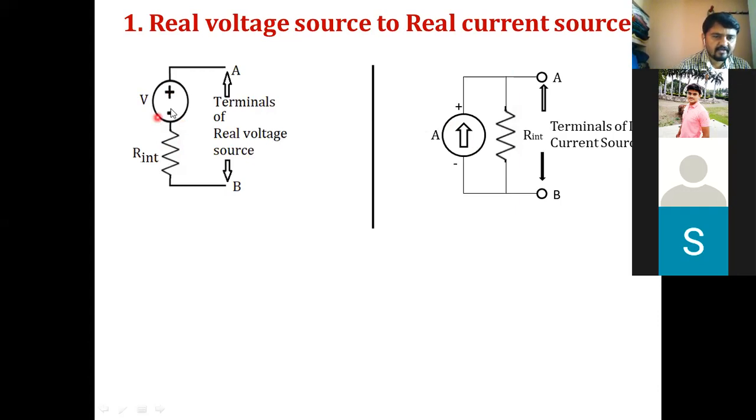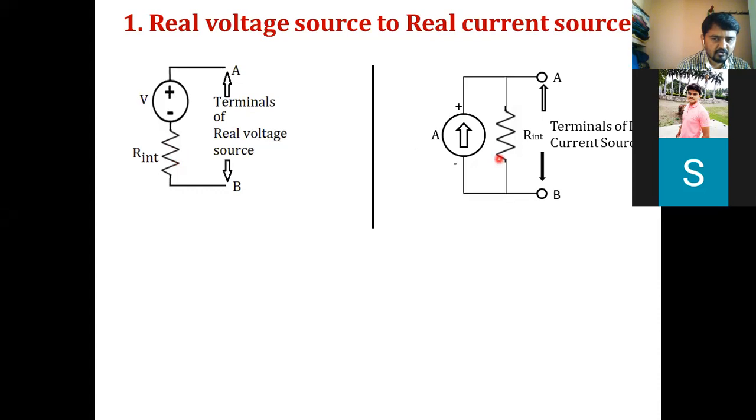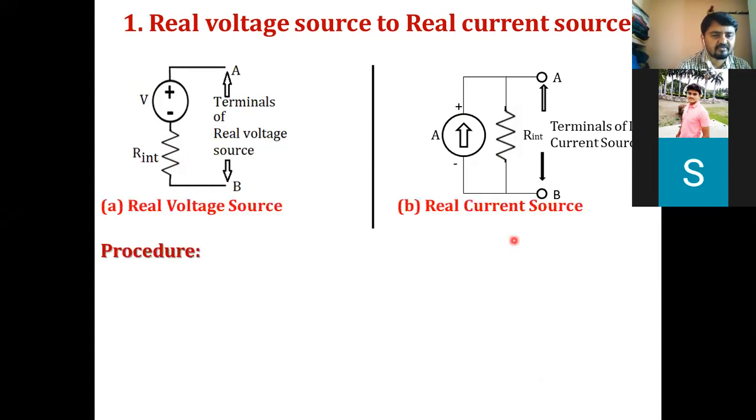V equal to IR, we know that one. Voltage source से current source conversion करने के लिए I equal to V by R. So for this V divided by R, whatever value comes, we have to write here. And this resistance, which is in series, we have to connect in parallel with this current source here. Is it clear? Yes, sir. और किसी को कुछ भी डाउट है तो बोलो, because this is very important, in all the problems we are going to use this. For that reason only, without displaying, I am telling that to you people.